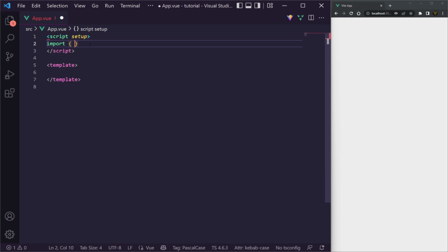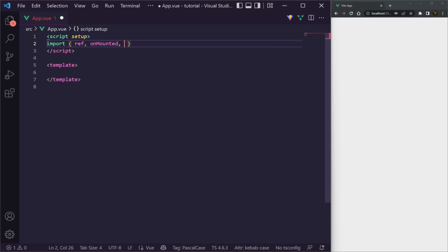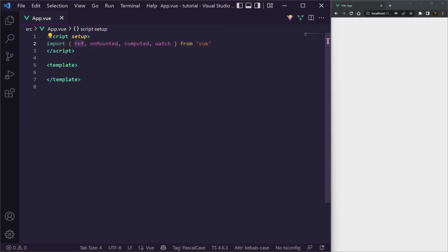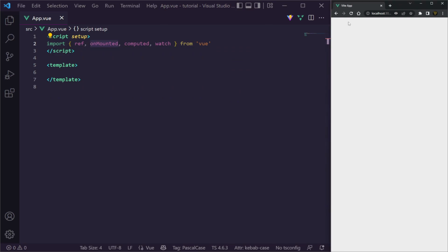So we want to import ref, onMounted, and computed. Also, we want to get watch from Vue. These are different things you can use with the Composition API in Vue JS. We've got our reference, which is basically how we're going to handle our state. We've got onMounted, which is going to be used for when we first render the component. We're going to call this here, and this is what we're going to use to get our local storage